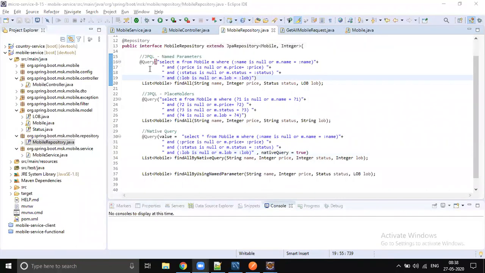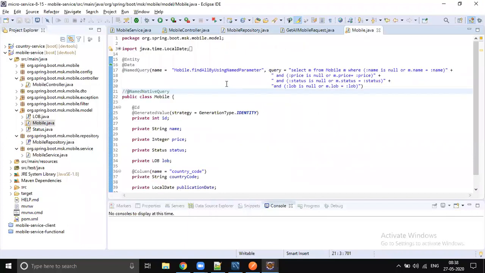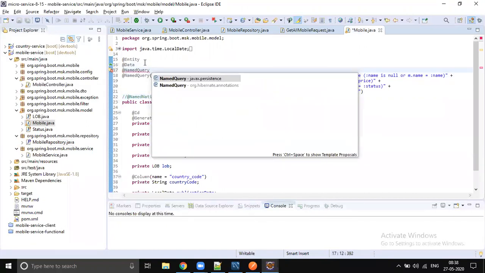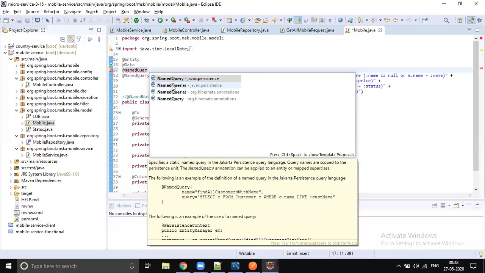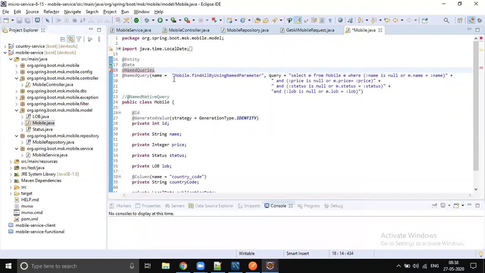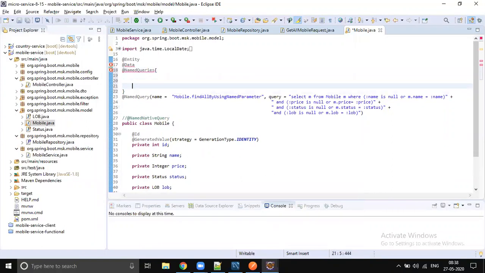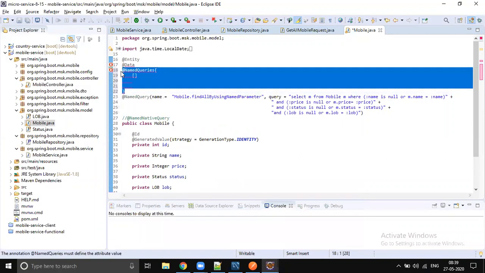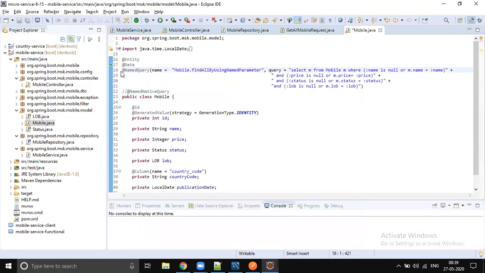in mobile.java, you have given a named query, right? So we can give more than one named query also in the file, right? Yes, with different names, we can use it. Named queries, multiple. It's going to be an object, so it's going to be an array. So you can put multiple named queries. Yeah, Sunil. Okay, fine. That feature is also there.